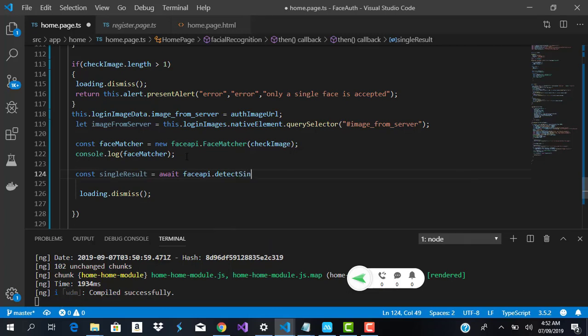The reason we are detecting just a single face is because we've already detected multiple faces before we sent it to the server, so there's no need to detect multiple faces. That would just prolong our application's time. So we just want to detect a single face, since we need to do this to get our descriptors, which we're going to use to perform facial recognition. So we're going to detect a single face, and we are going to pass our image from server. Let's move up and copy our image from server